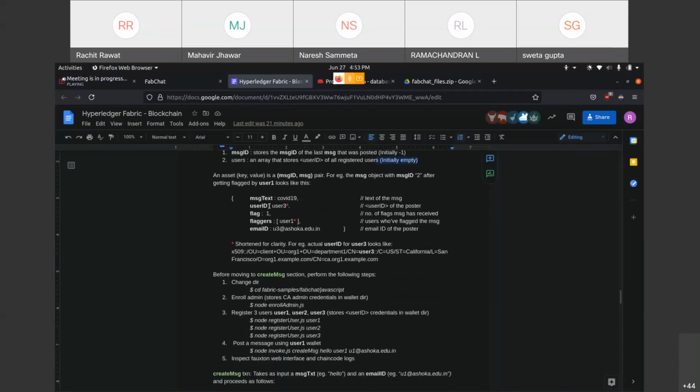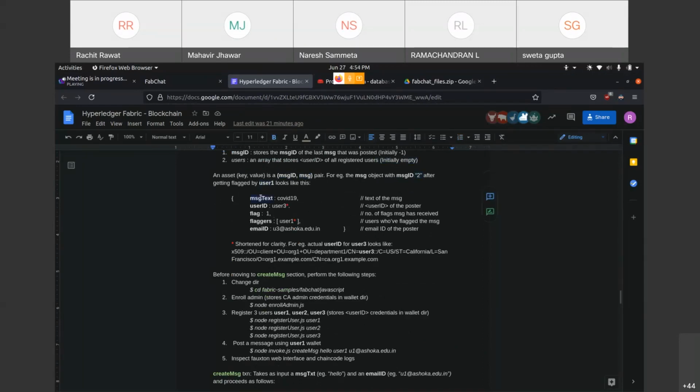Okay. Now we have to talk about the asset, how an asset looks. So an asset, as the Professor mentioned, is a key value pair. In this case, we have a message ID and a message pair. And this message is in fact a JavaScript object. For example, the message object with message ID 2, after getting flagged by user 1, will look something like this.